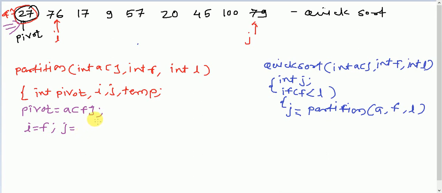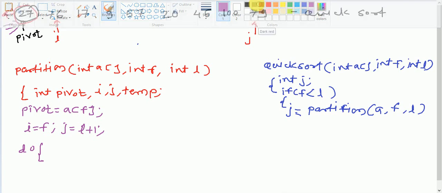We are using a do while loop in this process, so j is pointing to last plus 1. I'll explain why do while also. Or you can have a for loop in that case. We are using the do while process.